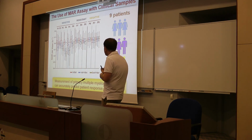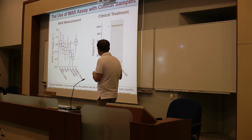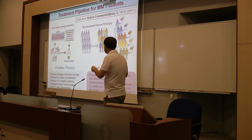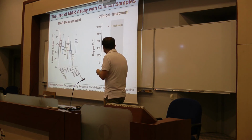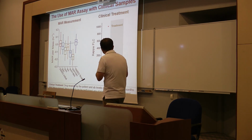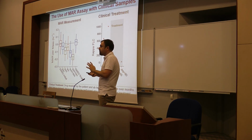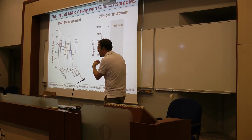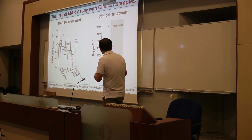And again, as I told you, this platform could help the clinician to decide the best drug or drug combinations within a couple of hours of measurement. As I told you before, in the clinical studies, they give the drug to the patient. That patient goes and comes back, and then they look at kappa LFC. This is antibody, so they check the antibody level. For example, here our platform says this patient is sensitive just by looking at the MAR profile, because the MAR is going more and more negative with the drugs. But the classical drug treatment could say that only after 30